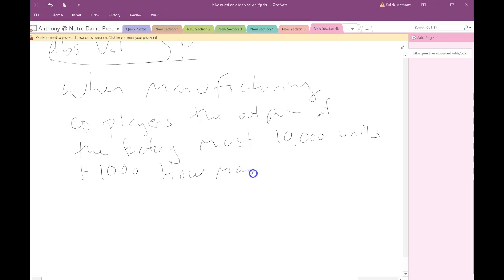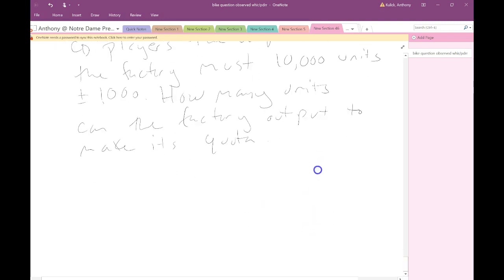How many units can the factory output to make its quota? So the idea here